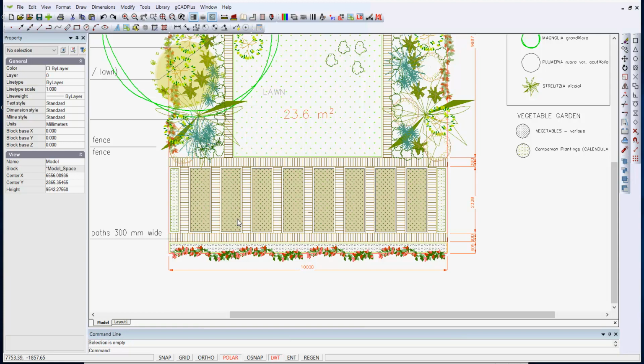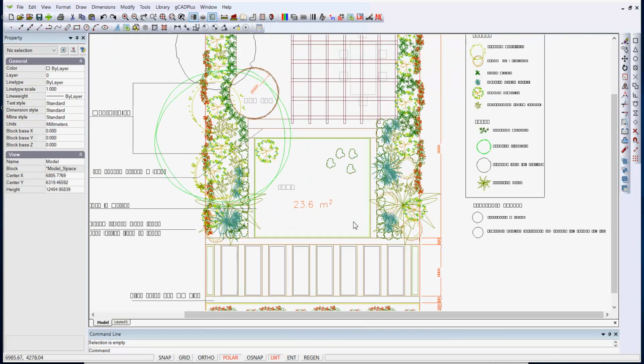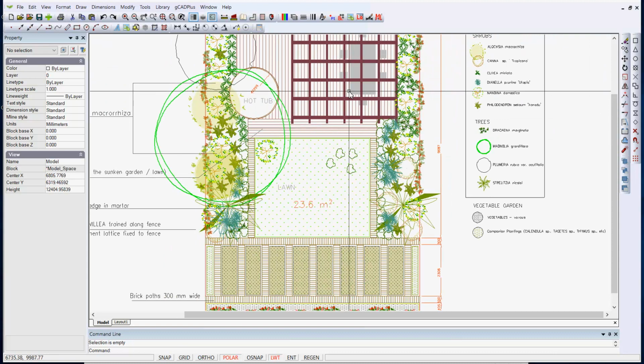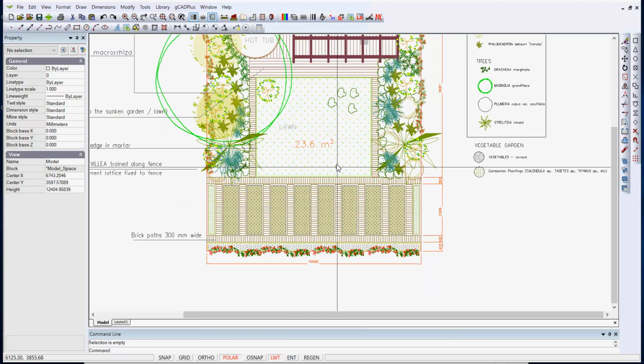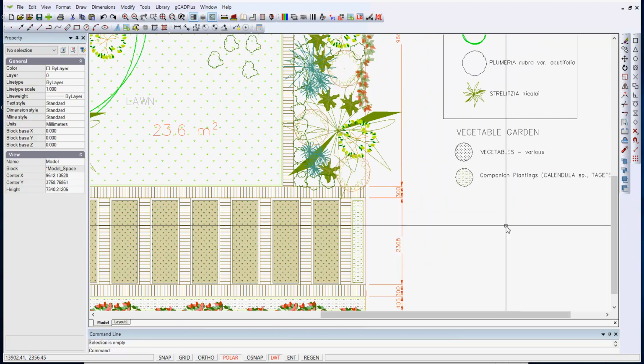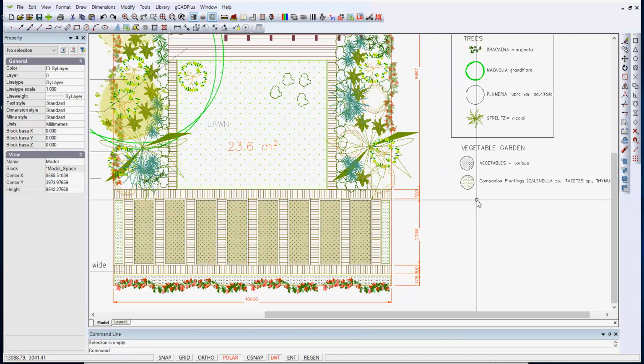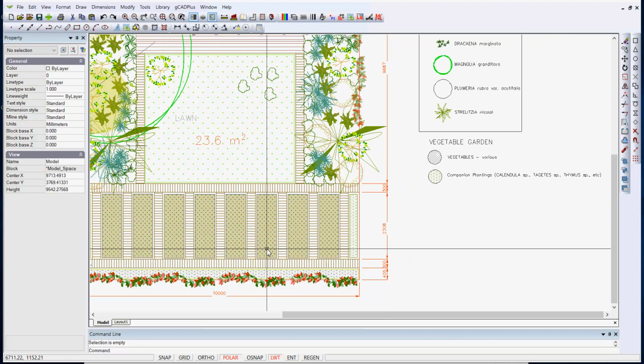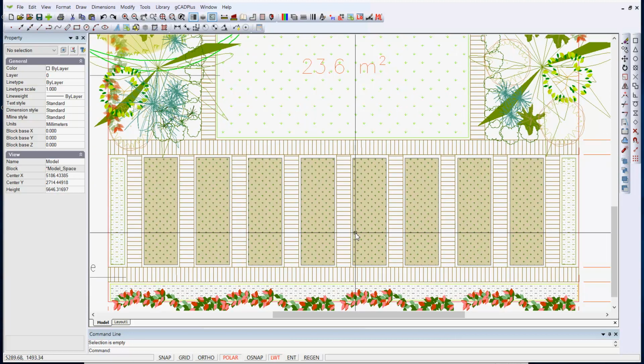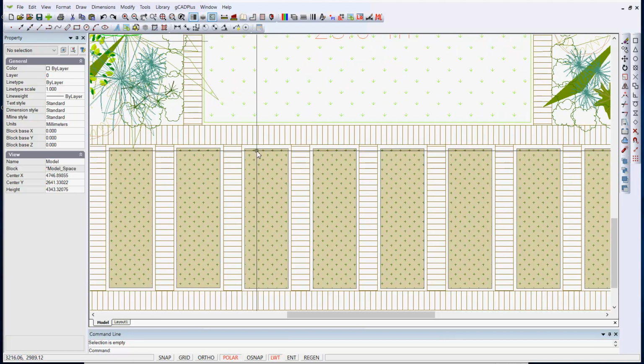Well, the design you see here calls for a row of vegetable beds running from the left across to the right at the back of a property. There's a deck with a pergola over, a couple of steps down to a sunken lawn, and then with some brick edging, some garden beds through here. So there are various vegetables. The vegetables are surrounded by some companion planting, but if we zoom in here and look at these vegetable beds,